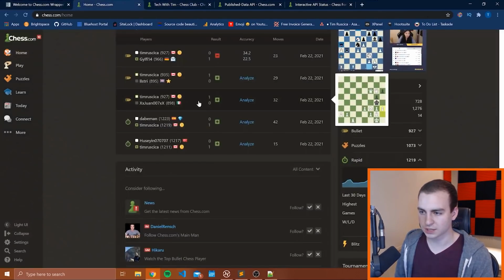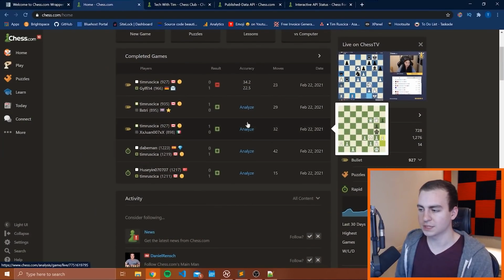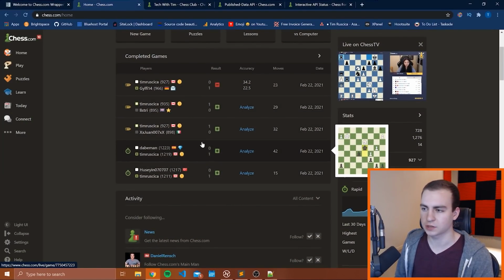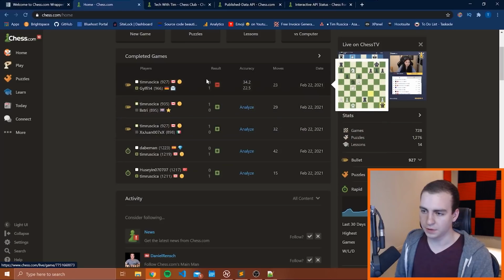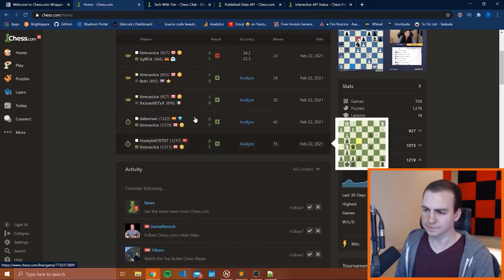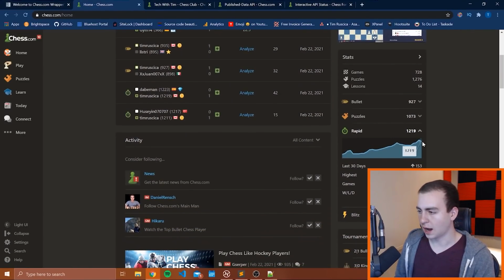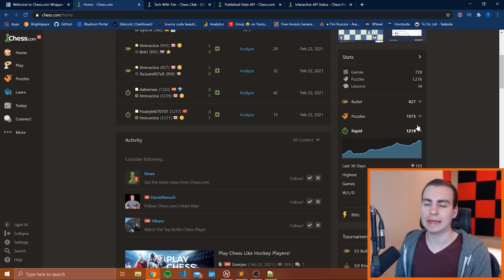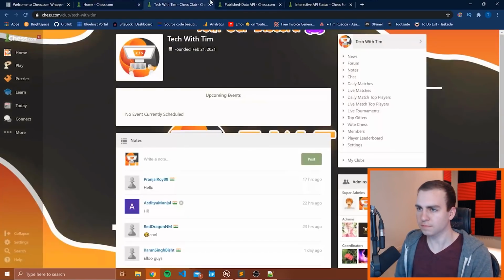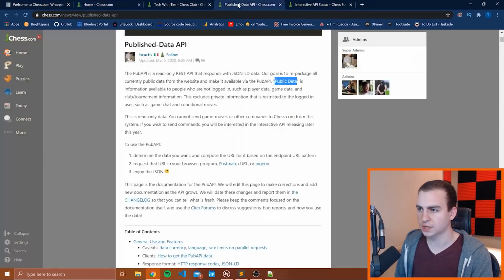If you go to chess.com and you create an account, you can see there's all types of stats and information that it stores. So it has all of the games that you played. You can see like I lost this game, I won a few earlier today. You can see all of the ratings, like that's my rapid rating. This is my puzzles rating. This is my bullet rating. So this API lets you get all of this information. So I think that's all I need to talk about for chess.com.